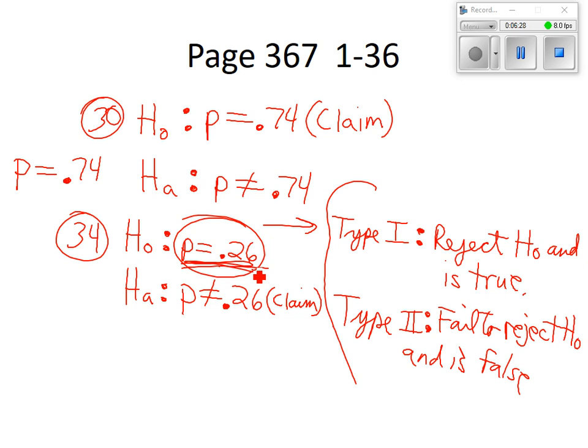Ryan comes in and tells you 26% of all people own a game system, and you find out that it's wrong. You get a little bit upset, and then they're probably going to be upset with you. So then when you make a type 1 or a type 2 error,